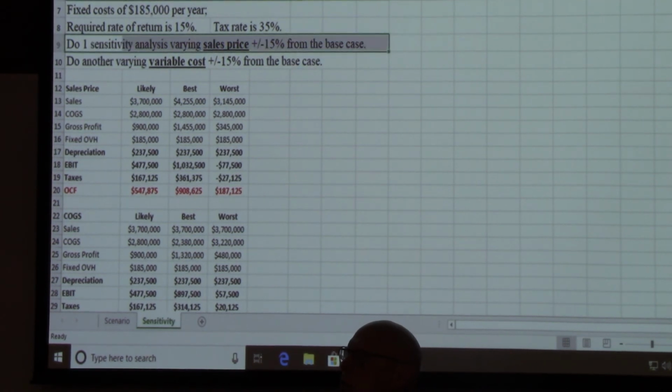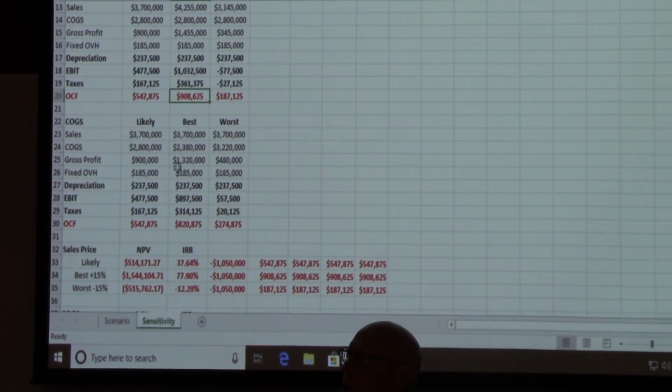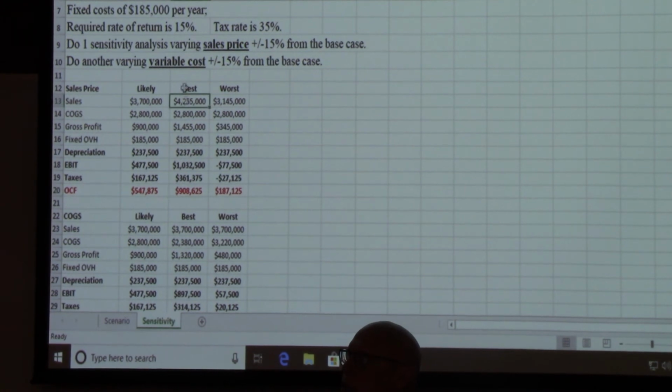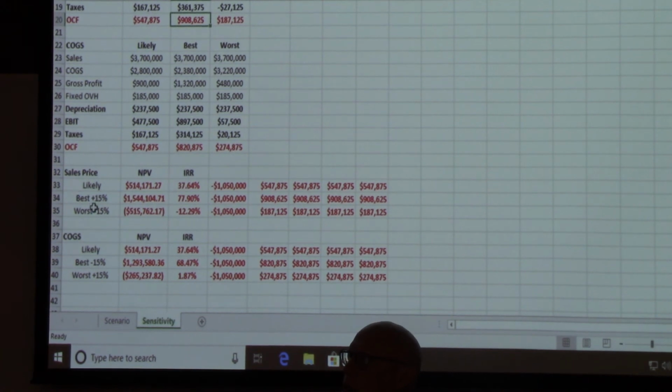Let's go ahead and merge that. Here we go. Okay, so I hope you all can see these numbers. Our taxes are higher because our EBIT is higher and our operating cash flow is higher. The only thing that changes here is the sales price, and this is what happens to our operating cash flow. And so the net present value under the best case, or just adjusting our sales price, goes to